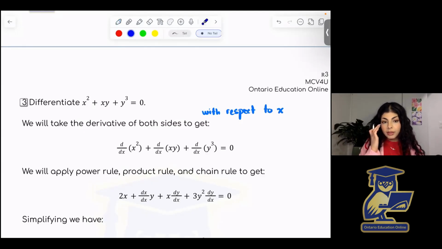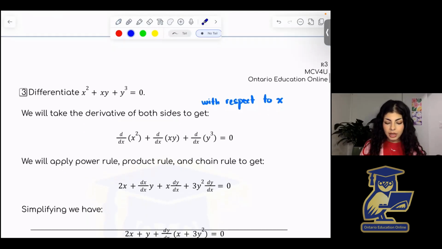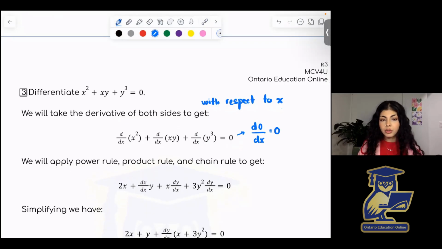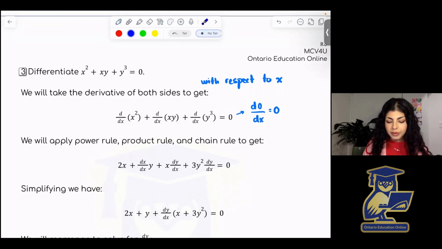And so using the sum rule, we're just taking the derivative of each of the three terms. And on this side, we did actually do d of 0 by dx, but this is just 0, so you don't need to write that at this point. If you just write 0, you are showing that you understand the derivative of a constant. Now, for each of these three terms, we are applying a combination of power rule, product rule, and chain rule